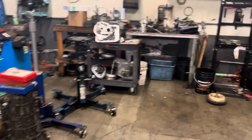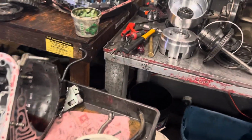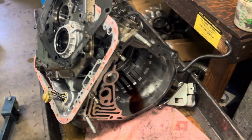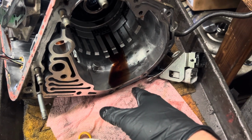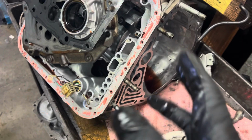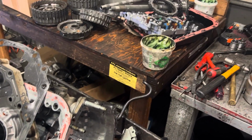Our guy who comes in and rebuilds transmissions, he recommends doing it every 20 to 30,000 miles, if that. I mean, this is a unit that failed. You can see the color of the fluid. So you want to make sure you're keeping fresh fluid in it at all times as much as possible, because